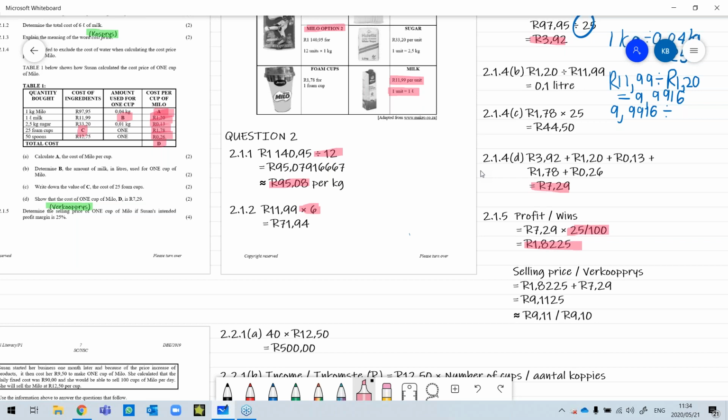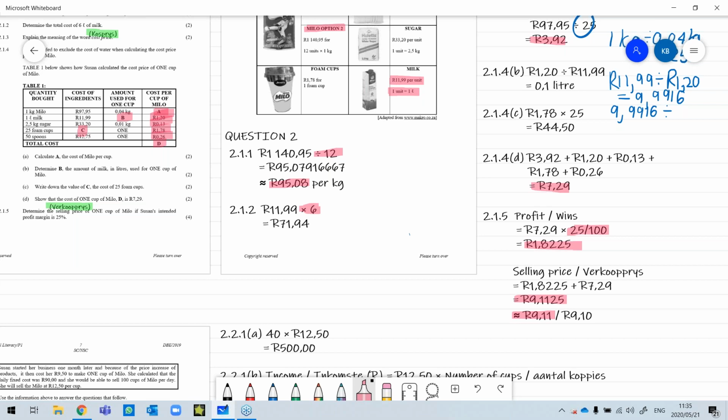8.225. Now we are not yet rounding this off, as we are still going to use it in calculations to follow. So she then adds this 25% as calculated, and she adds it to the cost per cup of Milo, which gives you a final answer of R9.1125. And as I've explained, it is extremely important to round this off to 2 decimal values. So 9.1125 rounded off to 2 decimal values is